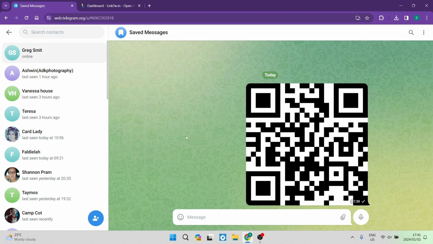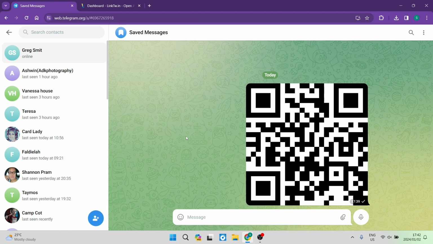Of course, you can go on your mobile device, and with your Android device, you can pull your finger down from the top of your screen, and you will have all of your extra options, all of your extra buttons, and you can scroll and look for scan QR code. Now, once you tap on that, you will have the option either to scan this QR code, or the second